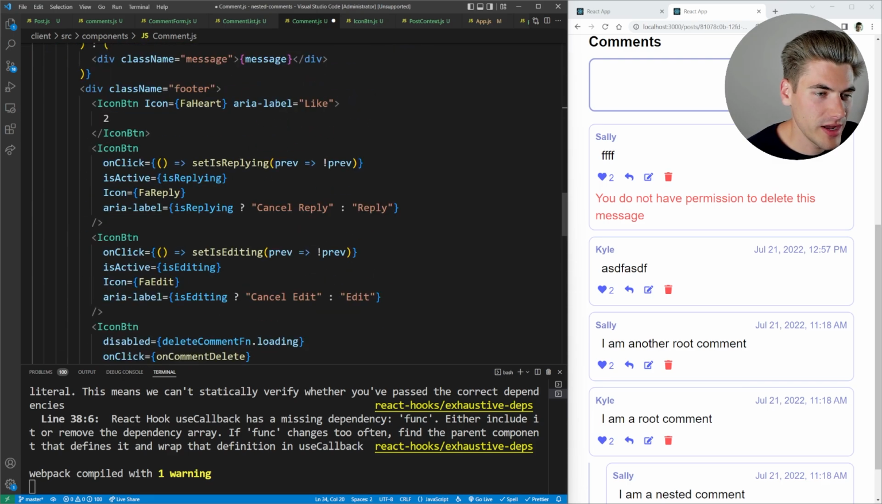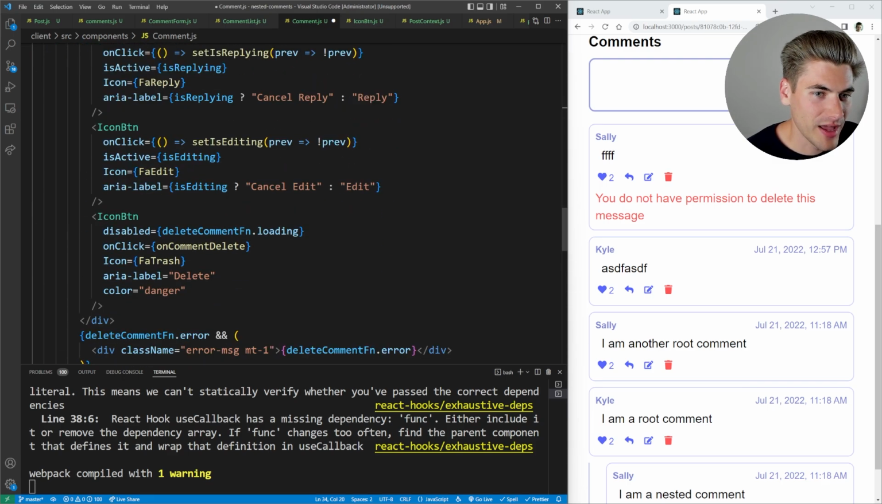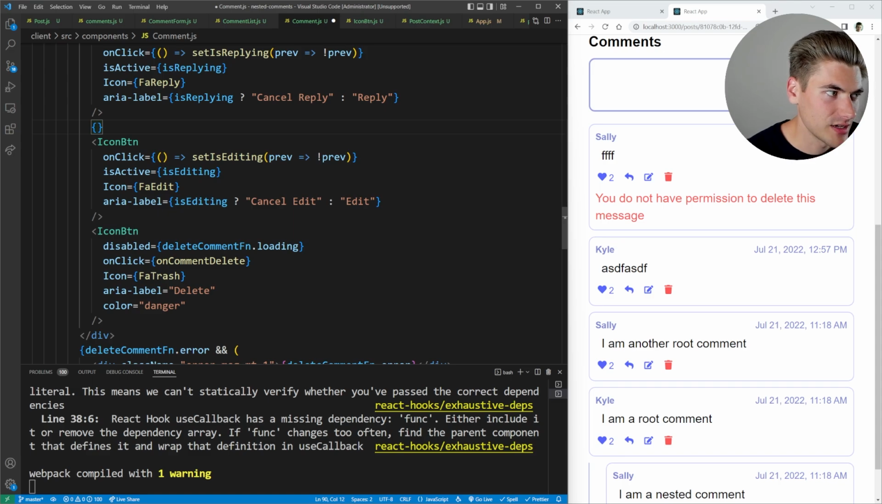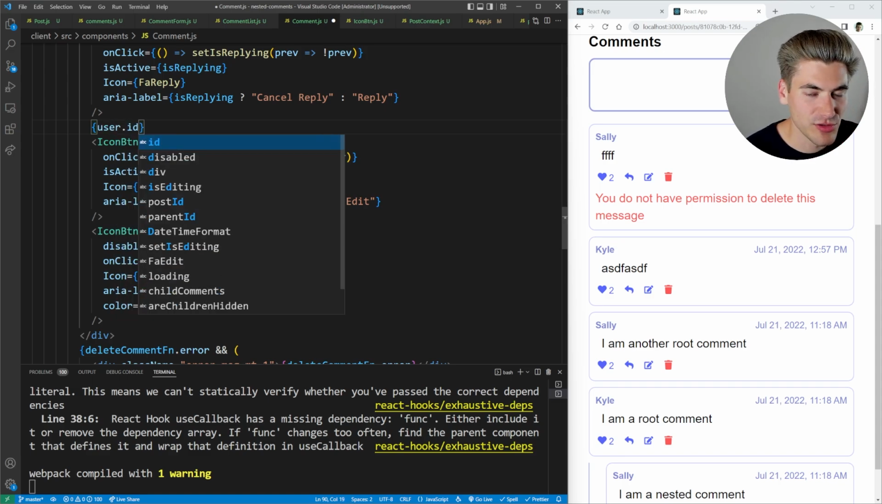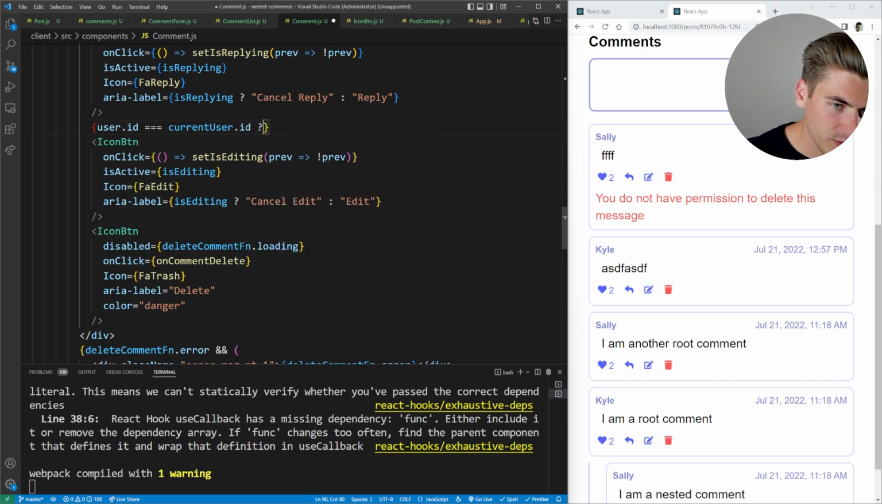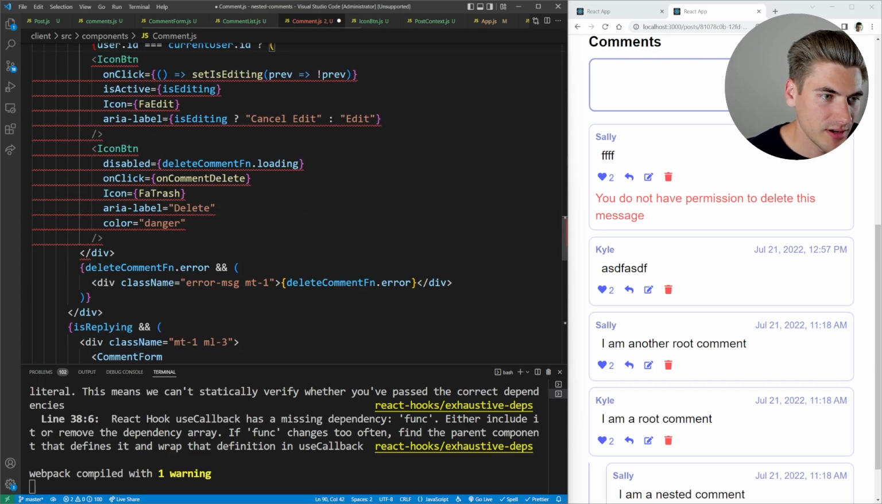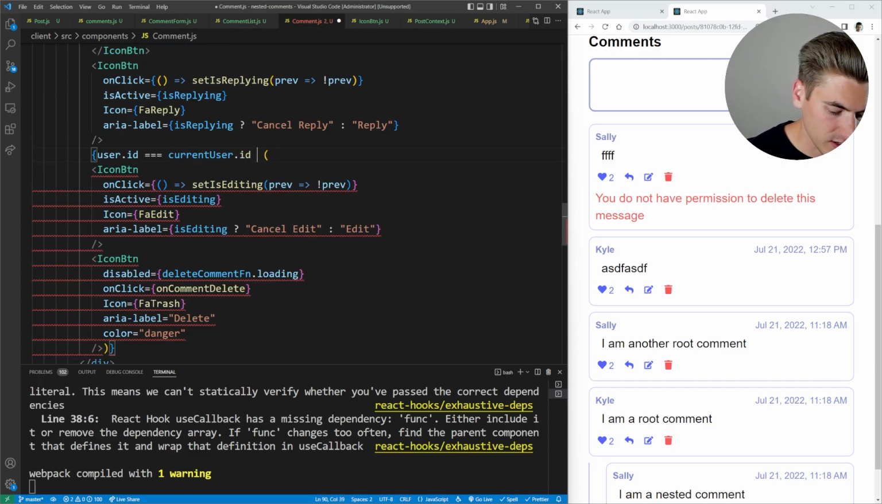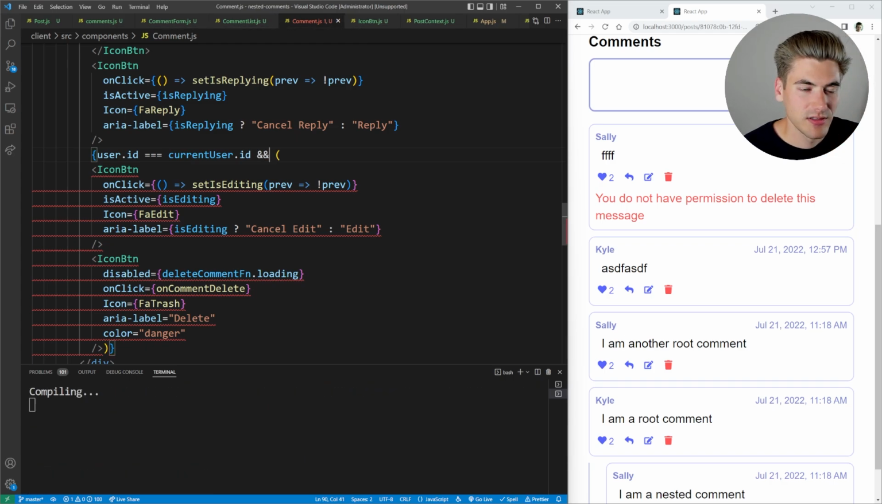And then what we can do is way down here where we have our buttons, we have our edit and our delete button. I want to see if our user.id, which is the user of our current comment, is equal to our current user ID. Then we know that we can render out this information. So I'm just going to come in here and render out that information just like that. So we can just say, there we go. So now,